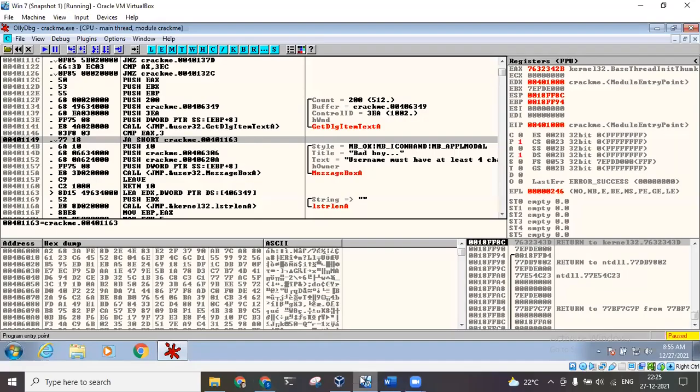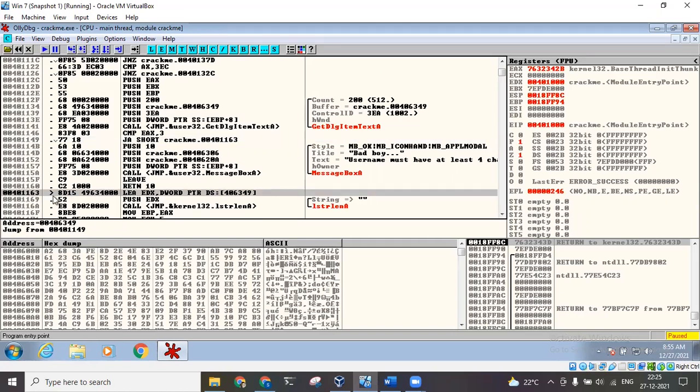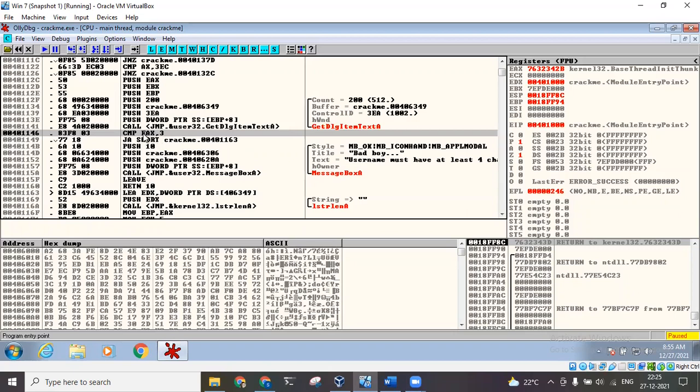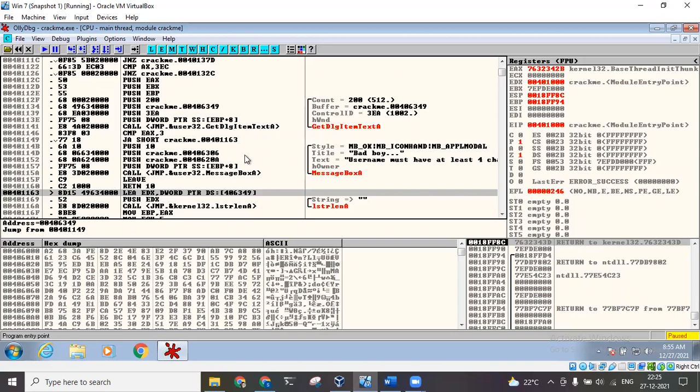Even I don't know exactly what that means, but basically it's a conditional jump, and it jumps to the location 401163. So after this comparison, it jumps to this particular location if everything is correct. If it is not correct, this condition is not satisfied and it won't jump directly to this one, it will go to the location below.